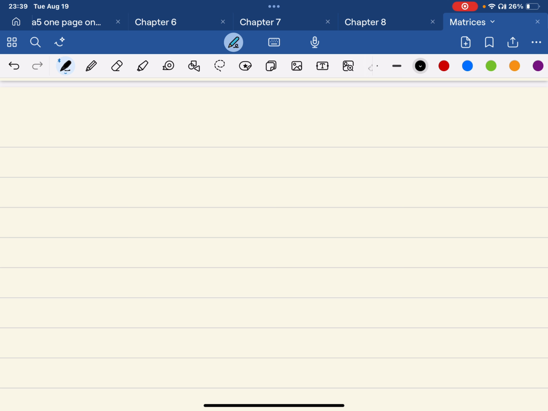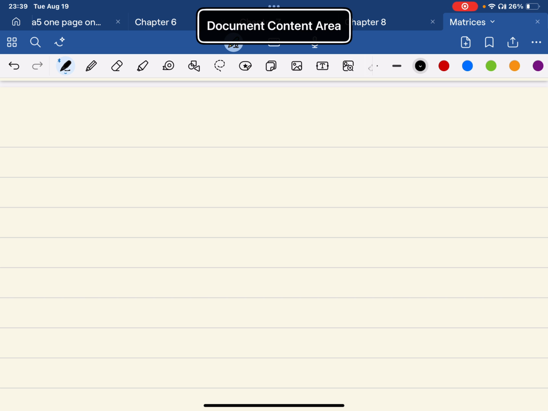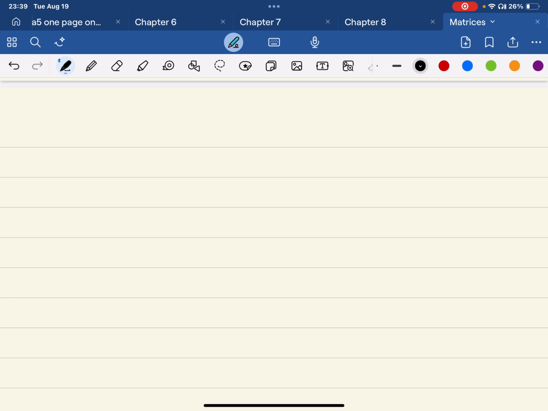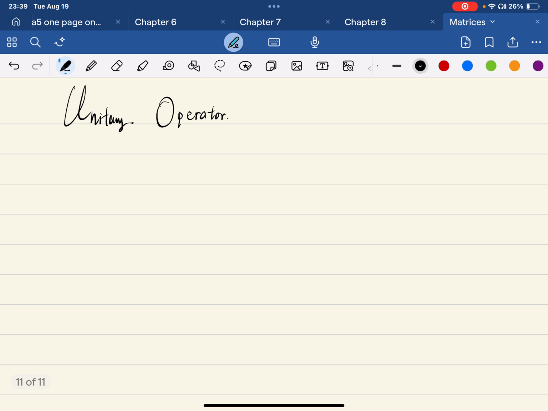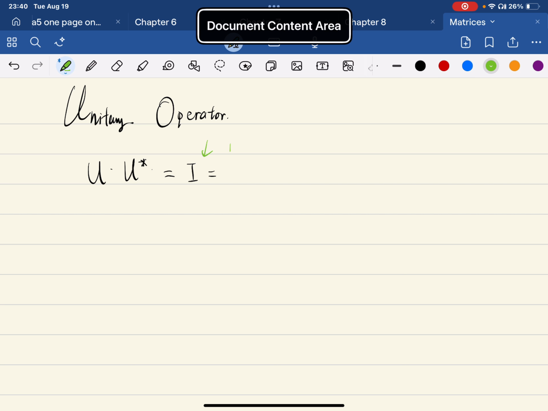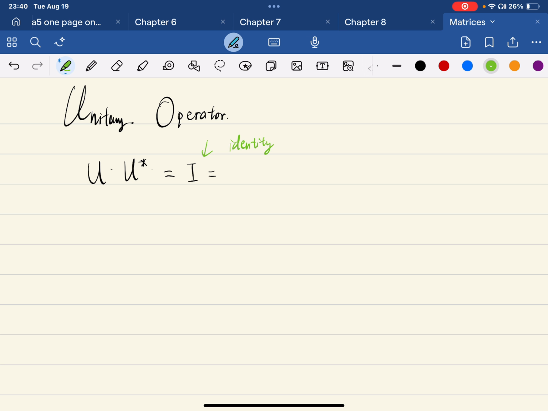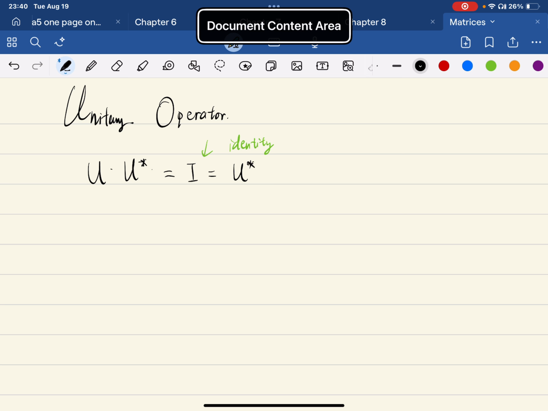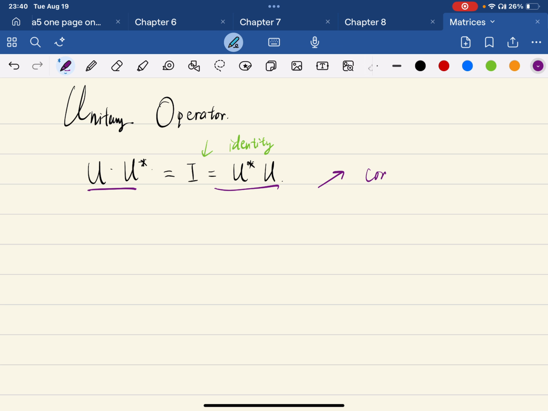First is this. It is called the unitary operator. We have U times U adjoint equals I, the identity matrix, equals... So what do they have? They commute